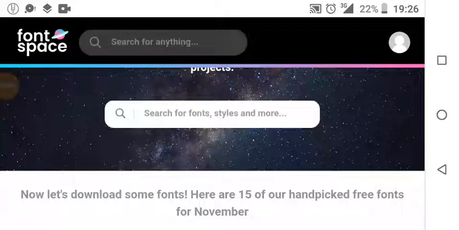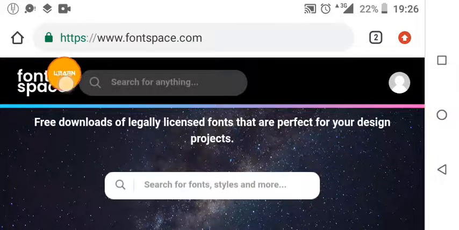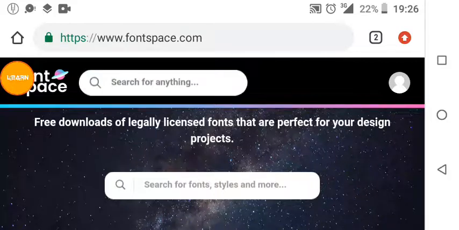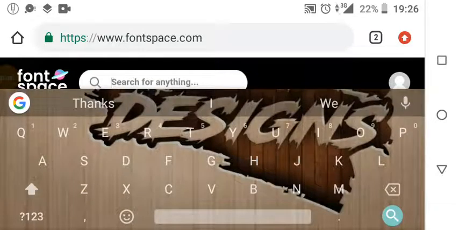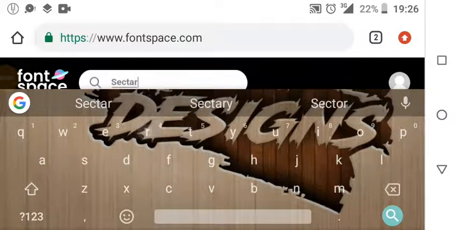You can just get the fonts, then you head over to fontspace.com, and you see right over here there's a button that says search for anything. So you're going to search for fonts over here. Let's say for example we want a font. There's this font I used in my recent tutorial named Sector. So let's say you love this font, and you can just search for the font over here and check if it's available. So you type in Sector into the search bar,